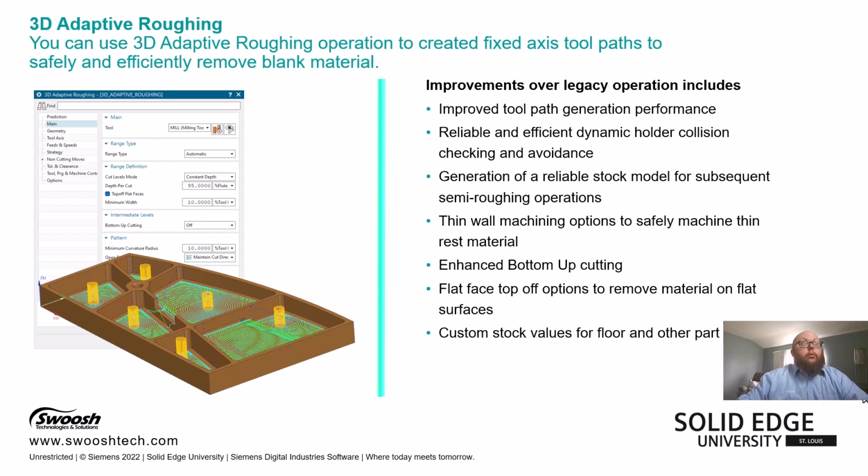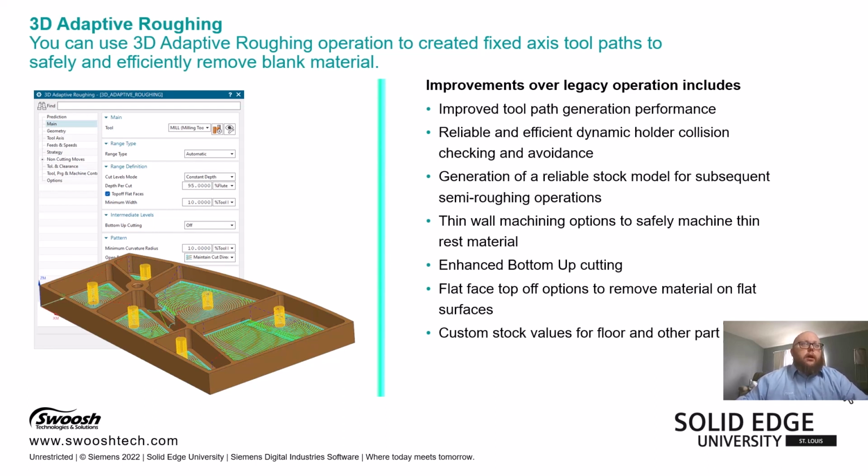So some of the benefits you'll see here with the new 3D adaptive roughing operation. First of all, improved toolpath generation performance. The operation just works faster, which is a welcome addition for anybody. Then the reliability and how efficient dynamic holder collision avoidance works. Again, that speaks to the reduction of time it takes to generate a toolpath. The stock model, so working with the IPW, is just a lot more efficient and accurate than in the